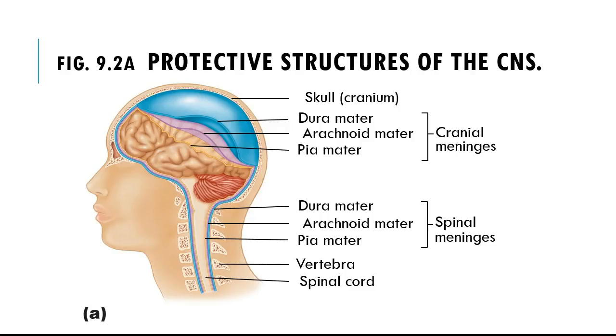We can physically protect it by using the skull, so the bone around it, and the spinal cord itself, protected by the vertebrae of your spine. And then also these various connective tissues called meninges: the dura mater, the arachnoid mater, and the pia mater, give physical protection. Additionally, you would have fluid around and within the central nervous system you would call the cerebral spinal fluid. So it gives a cushion barrier as well. So these organs are very well protected, so that we don't randomly damage them sitting or sleeping or whatever the case may be.